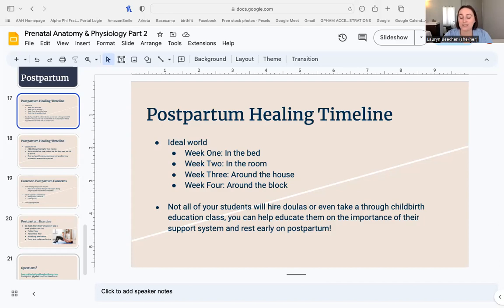Because many of our students, they might not be able to hire a doula. More and more people aren't necessarily even taking a really good childbirth education class where they're hearing this information. So if they haven't given birth before, they don't have friends that are in that period of life, they don't have another person in their life who is just stepping in to take care of them, they often need that permission to ask for help and seek help and say, here's what I need so that my body can focus on healing and I can focus on bonding with my baby.